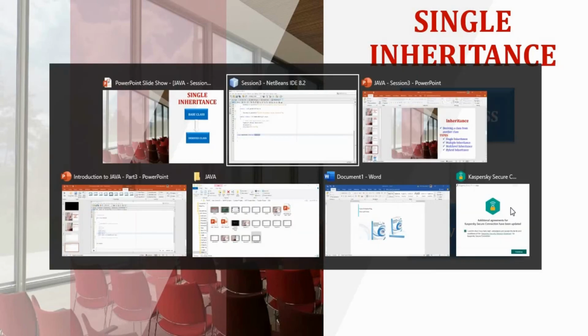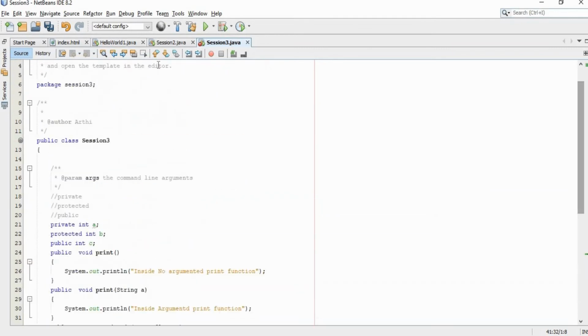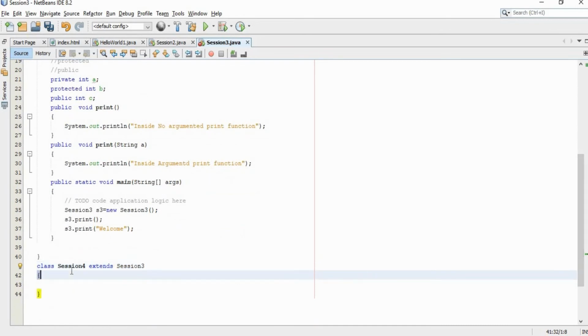As in this example, here there is only one base class which is Session3 and only one derived class Session4. So these two classes are inherited with the help of single inheritance, right? If there is only one base class and from that base class we have only one derived class, that type of inheritance is known as single inheritance.